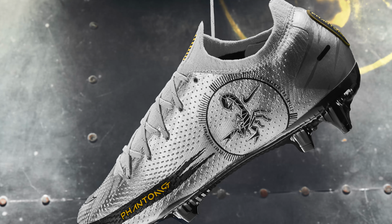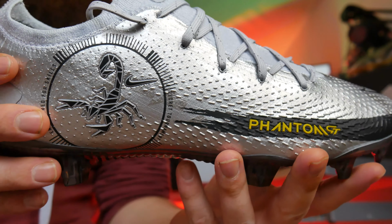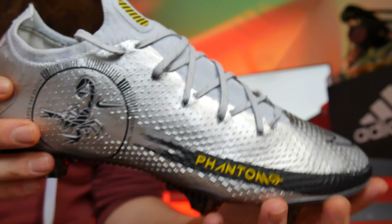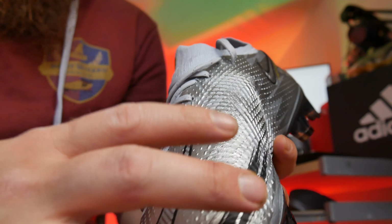In technology terms, this is exactly the same Phantom GT as you're going to get from any other colorway. It's not particularly different. It's not any more special. It just looks awesome. So it's this chrome base, and you can see there is a pattern in it, which reminds me